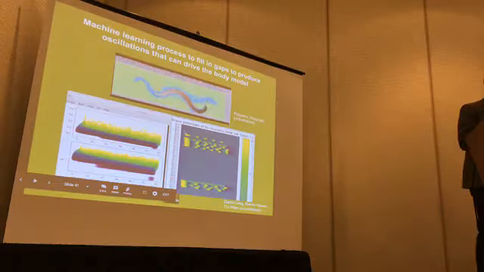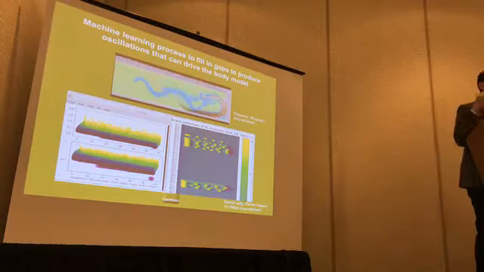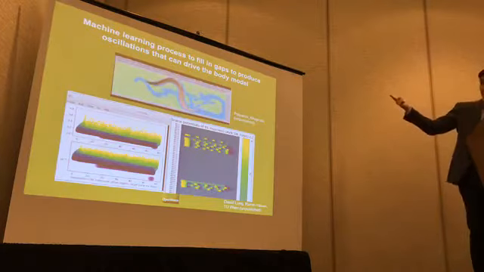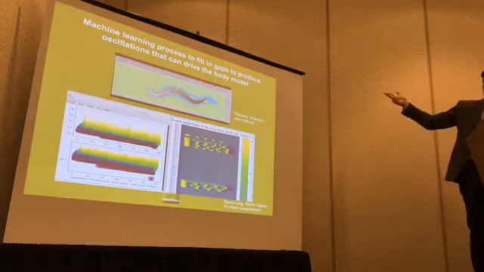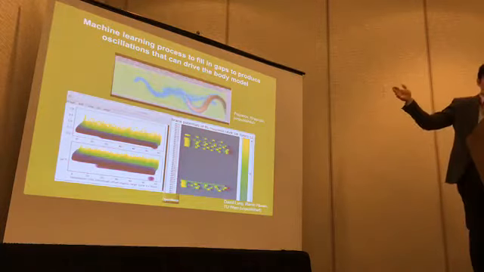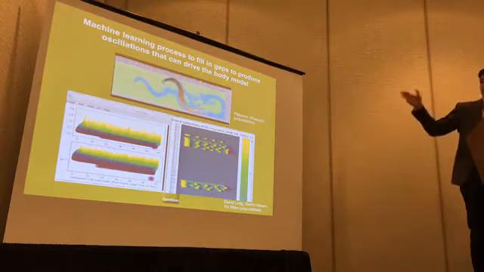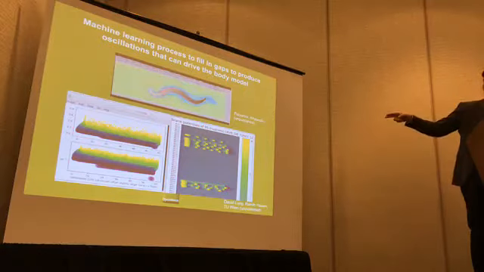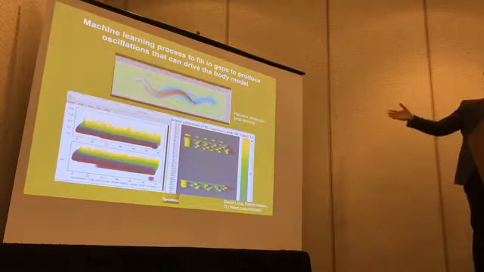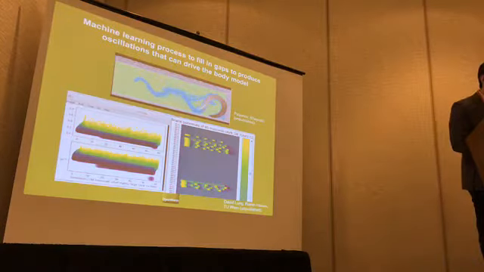We are making a lot of effort to make our nervous system produce oscillations that can allow for the movement that we see in our body model. I should point out that in this case, the body model is not being driven by the nervous system. Very simple oscillations are being put into it, which are sufficient to produce this behavior. And so now we have a target for the output that we want our nervous system model to make. So we're using machine learning, similar techniques to what Eduardo showed you, but we're putting our own flavor on it. This is also a collaboration with other folks as well.